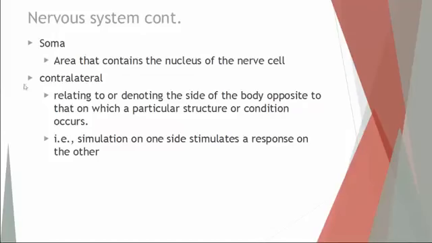A key component that is important to remember when you talk about the nervous system and the brain itself is that it is contralateral. Now, contra means opposite, lateral means to the side. So whatever is on the right-hand side of your body is controlled by the left-hand side of your brain, and vice versa. These nervous tracts actually cross each other near the base of the brain. That's why it's called contralateral. So if you want to stimulate something on the right-hand side of the body, the left-hand side of the brain needs to be stimulated.